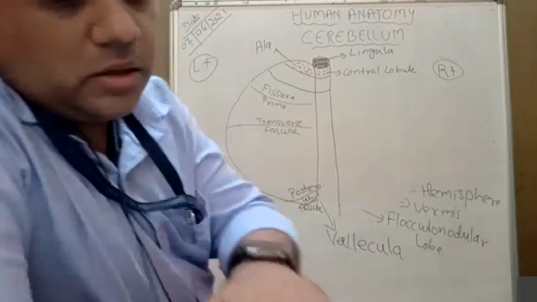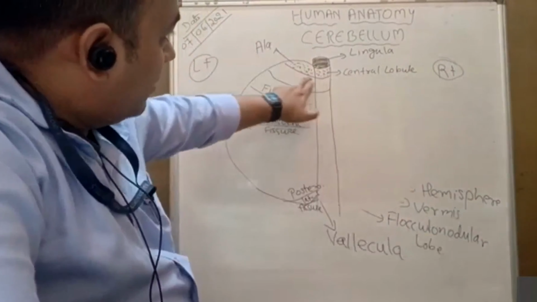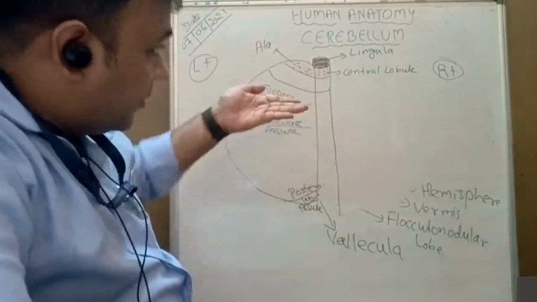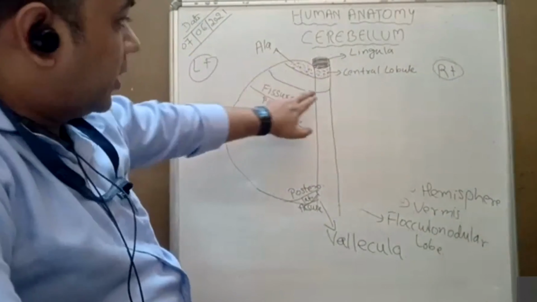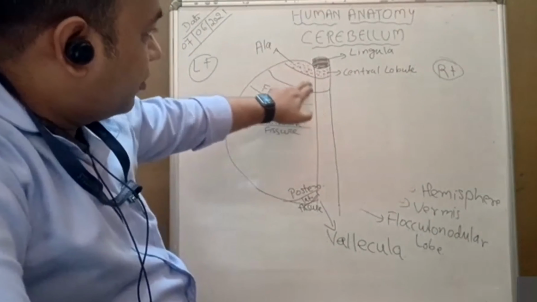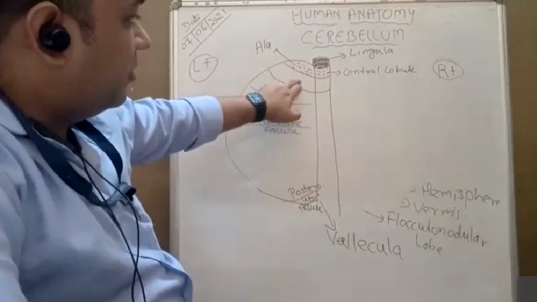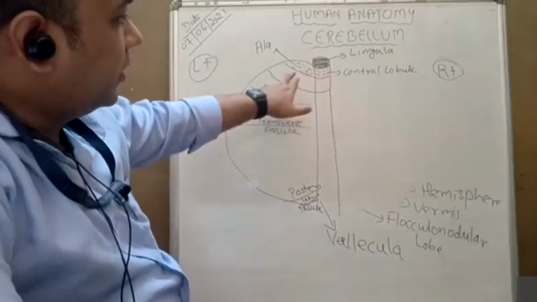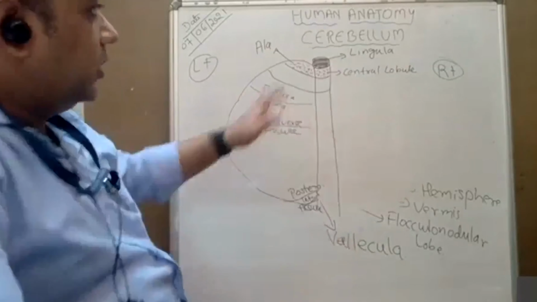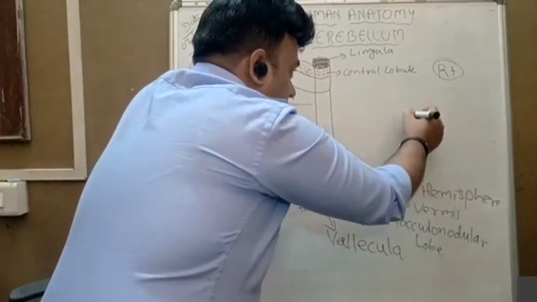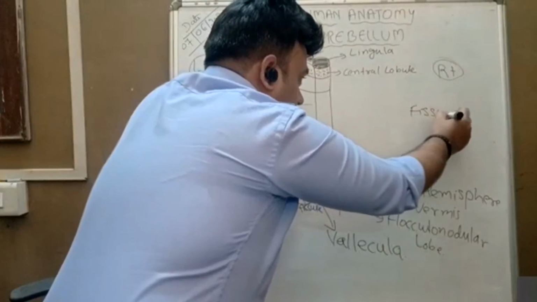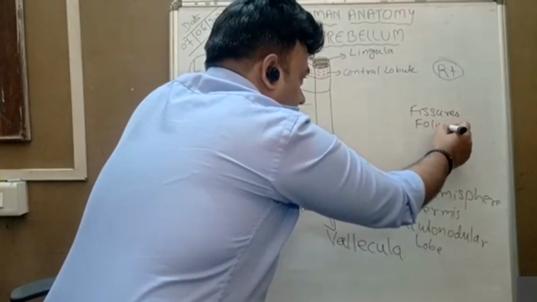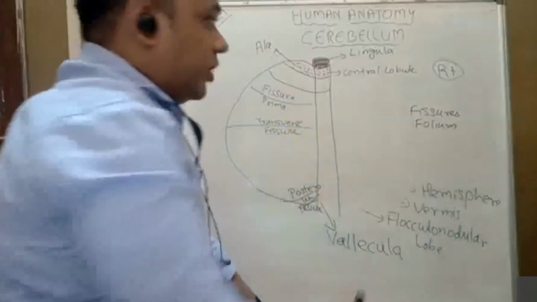Before going to that, I'll also tell that this black line I am making is the fissure which is going inside and coming again over the surface. So between these, there are various smaller fissures, minor fissures. Between these successive fissures, there is the elevation, the cortical area elevation. That is known as the folium. So the cerebellum has fissures, and between the fissures, the folium. The plural is known as the folia.